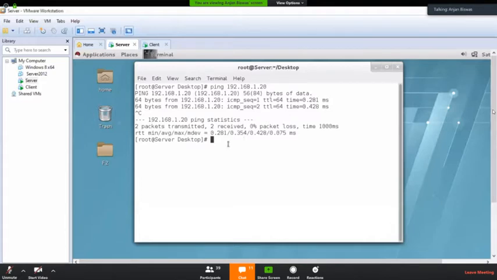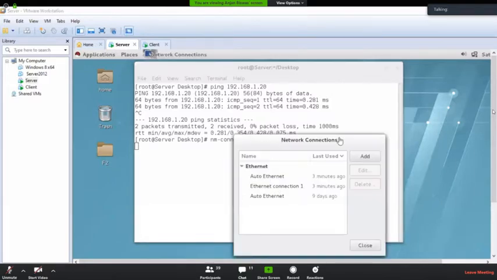So now we will discuss the LAN card configuration file. Which file actually stores the IP address and everything for a LAN card? First, there is the graphical mode to configure the LAN card.